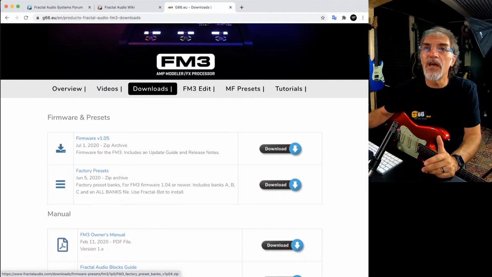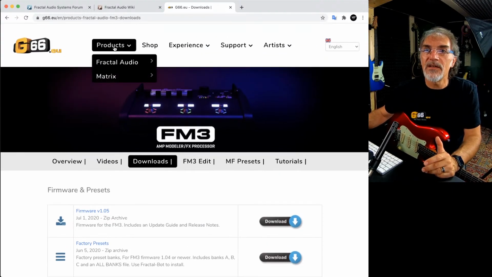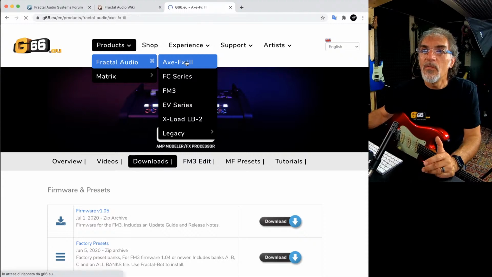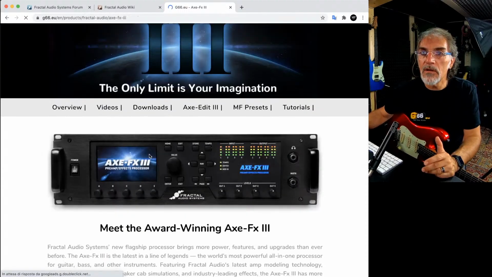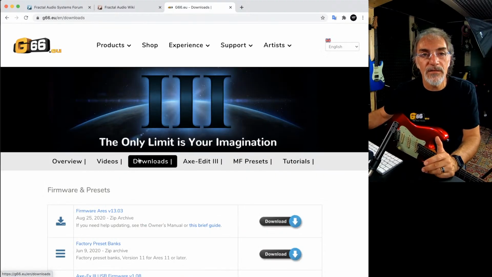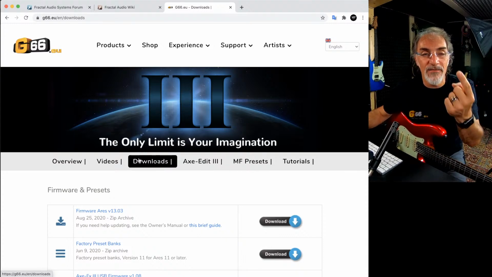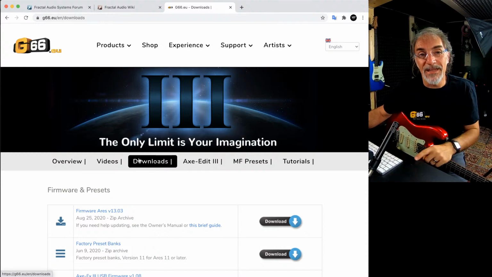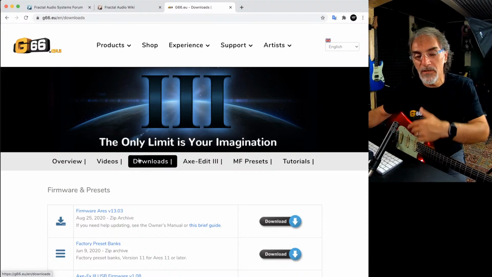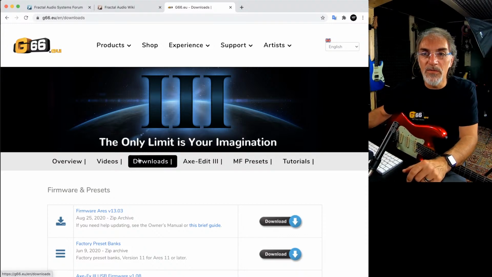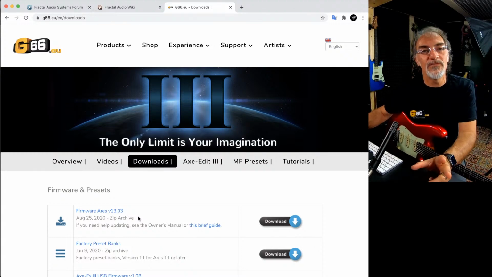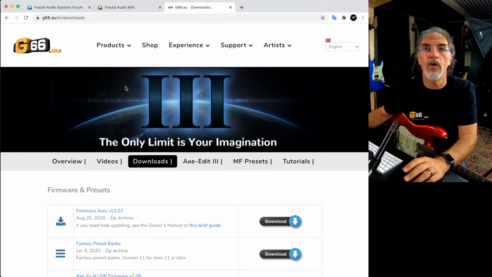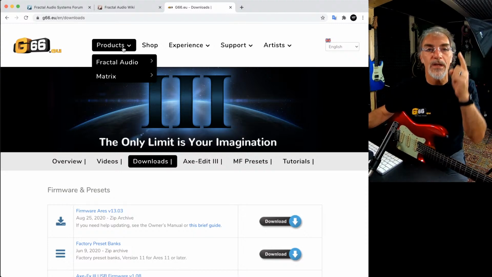For example, if you go to the FX8, we are in firmware 13.03. When I started with the Axe-Fx, I had version number 1, and you have to imagine how many features, how many modifications, how many new improvements were made with 13 different firmware versions. So with FM3 we are in firmware number 1.